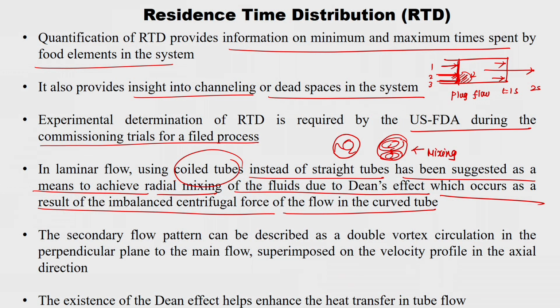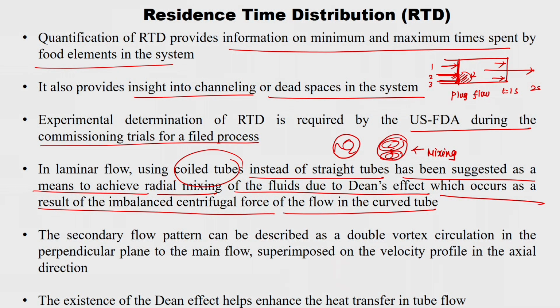right. If you remember, I already told in the previous lecture, there is a reason for static mixers to be used. There it was used to increase the mixing in the continuous flow line, but if you use coiled tubes instead of straight tubes, this secondary flow itself will take care of the mixing part, because it generates the secondary vortices instead of what we see in a normal tube. A normal straight tube gives a parabolic velocity profile only, right. So, this is what is discussed here.